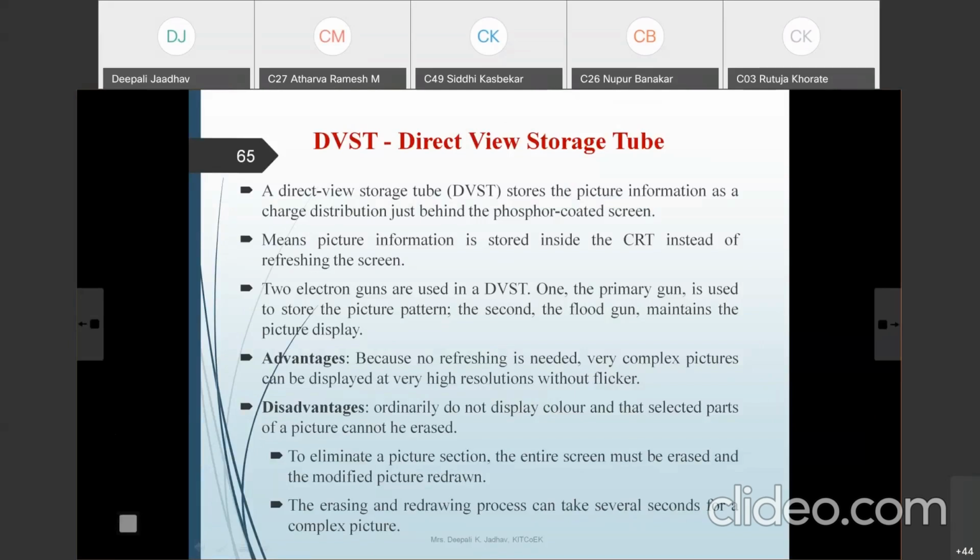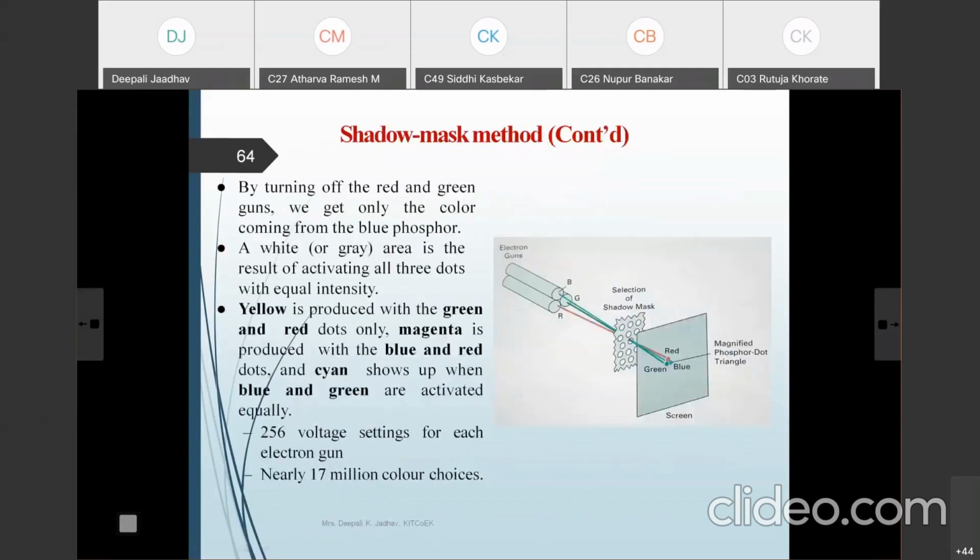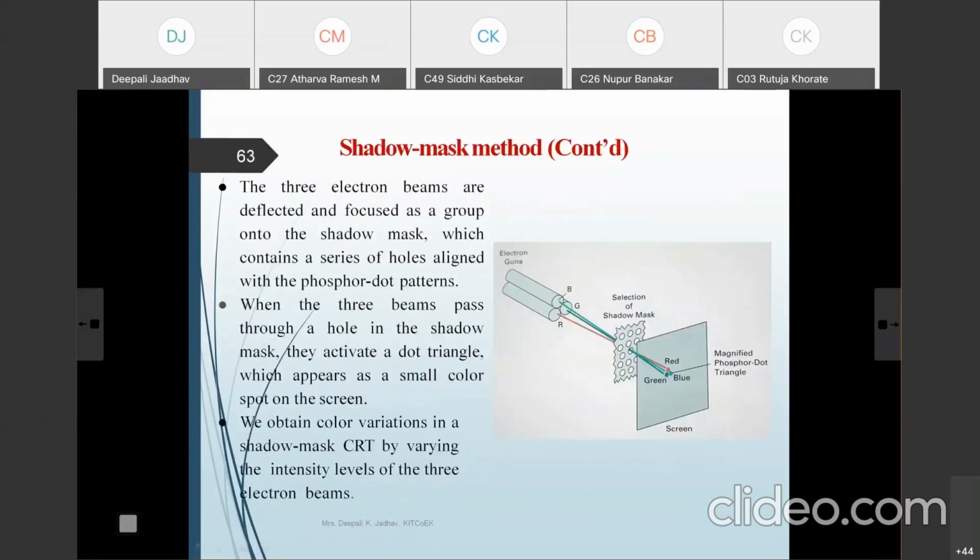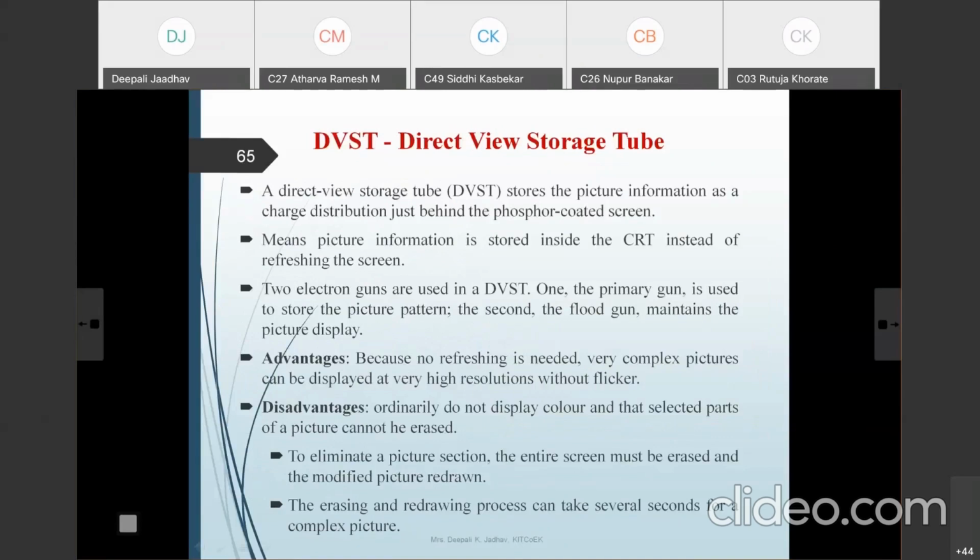Picture information, as I told you in the previous lecture, if it is black and white, is stored as 0 and 1. 0 means no dot is to be displayed and 1 means a dot is to be displayed on the screen. And in the case of color, how is the picture information stored? Per pixel, 24 bits are used to store the picture information. So if we want to display that particular pixel on the screen with some color, 24 bits are required, and the colors are generated as I have already shown here. In this way the colors are generated and this information is stored in this tube behind the phosphor coated screen.